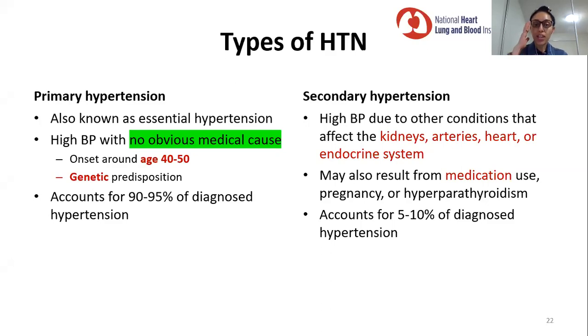All right, so then you have types of hypertension. You have primary hypertension, which accounts for 90 to 95% of diagnosed cases. Now this primary hypertension is not because of any specific medical reason as such. Predominantly it is because of genetic predisposition. It could be because of age, or certain ethnic backgrounds. So basically, you can't really do something about primary hypertension. It is not a very easily modifiable factor, is what I'm saying.